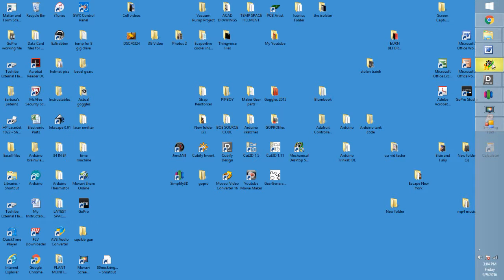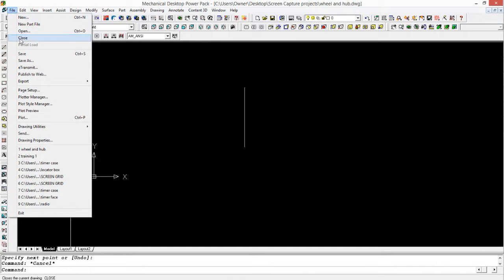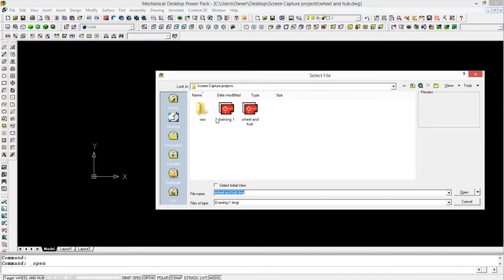Now let's go back to AutoCAD. And here's our AutoCAD program. We're going to File, Open. We want to keep this drawing. It says wheel and hub. We're going to keep that drawing open. We're going to open another drawing, and it's going to be,